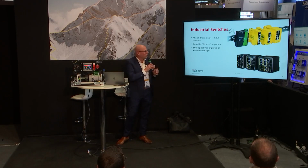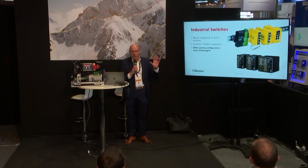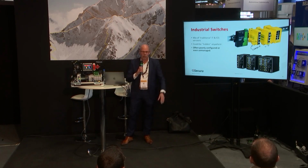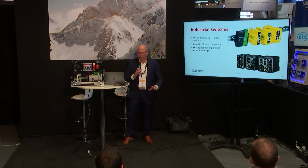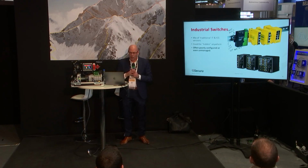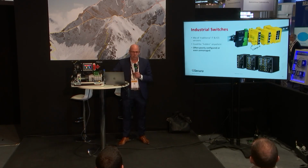So there are a lot of industrial switches out there, and they can have all kinds of shapes and forms, and they're everywhere in the system. If you take, for example, an offshore wind turbine, there are a couple of switches in there. There are switches everywhere. And they're often poorly configured or even unmanaged. Well, you say, why should I protect it? I just put it in there, I plug it in, I use it out of the box, and